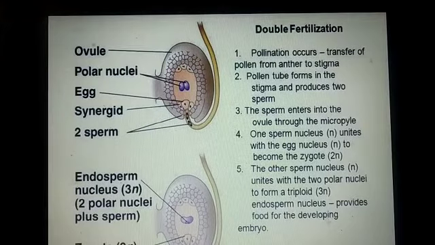Okay. And then a very important phenomenon, which is double fertilization. What happens in double fertilization? In this process, one male gamete fuses with the egg cell to form the diploid zygote, and the other, second male gamete fuses with the two polar nuclei, or secondary nucleus, and forms the primary endosperm nucleus. And this process is called triple fusion because the polar nuclei have two nuclei and the other one is the male gamete. So the fusion is called triple fusion. And this phenomenon is called double fertilization.